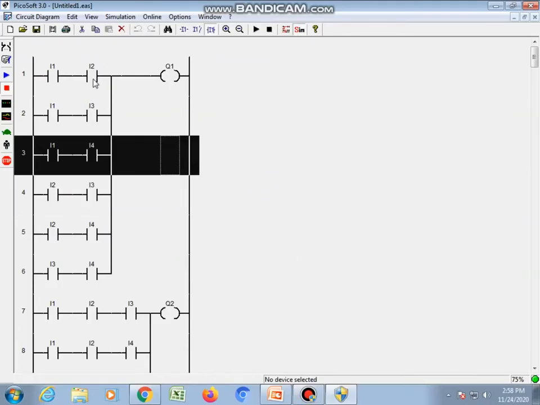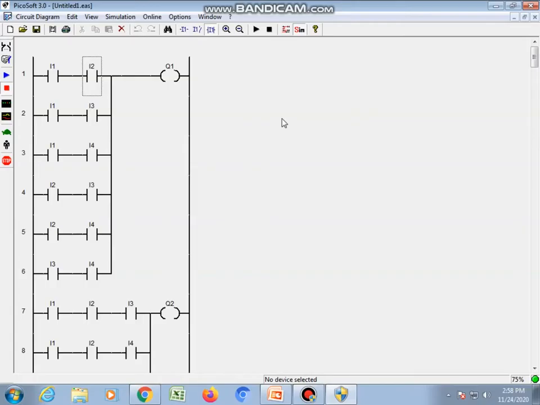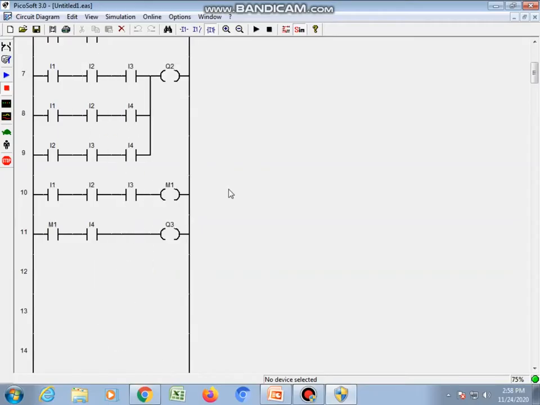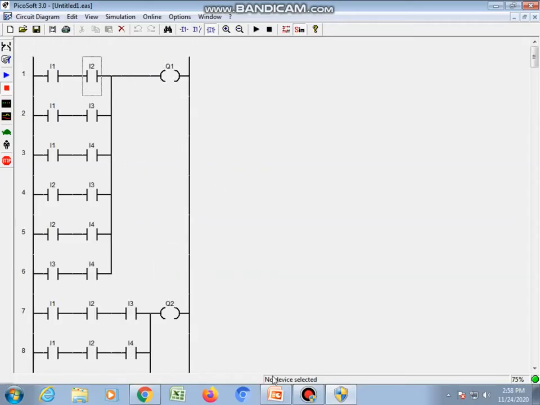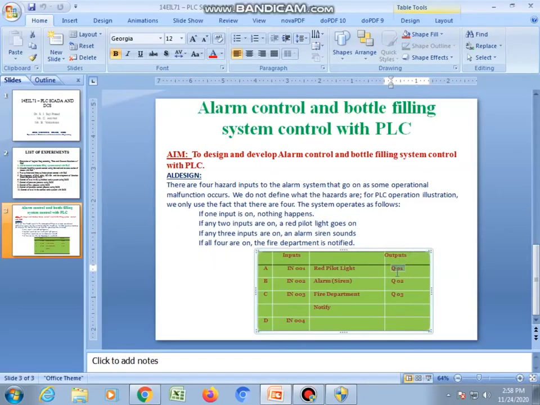You can see we can take 2 power n minus 1 combinations. 2 power n is 2 to the 4, 16, minus... that is 6 combinations that will come. So we will get 6 combinations: 1 2, 1 3, 1 4, 2 3, 2 4, 3 4. There are 6 combinations for any 2 sensors becoming true. Then what is the output condition? We should get output Q1 true. Q1 should come on when any 2 sensors are true.